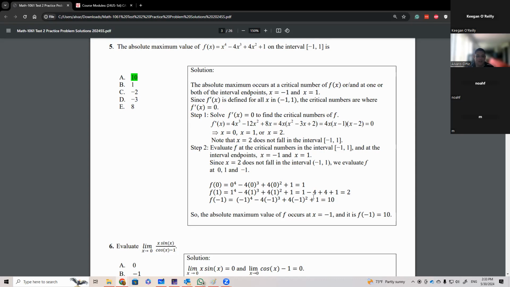And that's it. And then we check, okay, so f of 0, which we plug in the original function, is 1. F of 1 is 2, and f of minus 1 is 10. So clearly, at 0 we have a minimum point, and at minus 1 we have a maximum point. We have an absolute maximum at x equals minus 1. And then our minimum here just will occur at 0. Does that make sense?